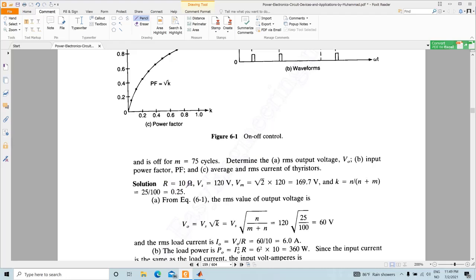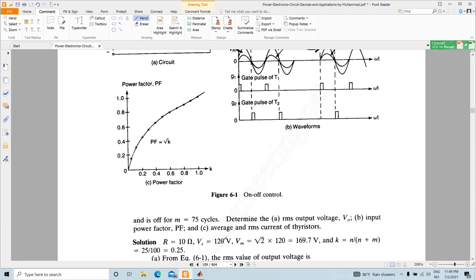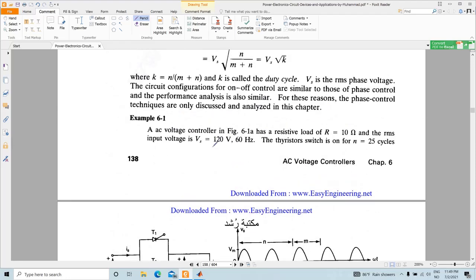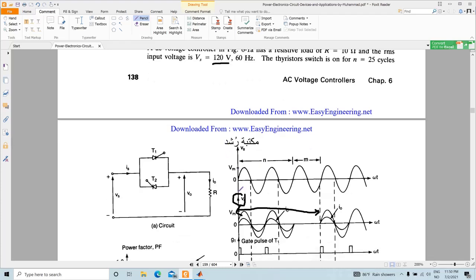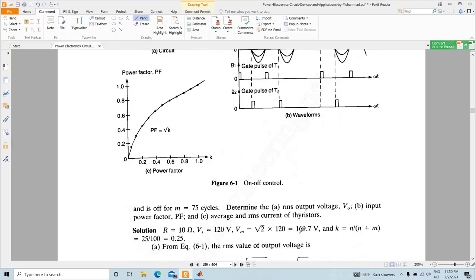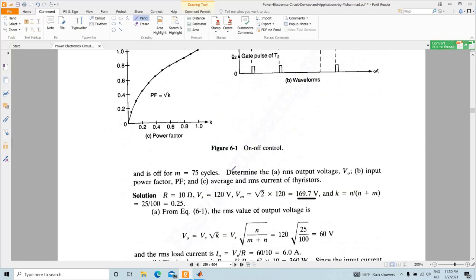So it is given that R is equal to 10 ohm, and then Vs is 120 volt, and Vm is root 2 multiplied by 120. So this is the RMS of the input voltage. That means that the peak of the input voltage is root 2 multiplied by 120 volt, which corresponds to 169, and then K is N divided by N plus M, which is 0.25, and it is asked to calculate the